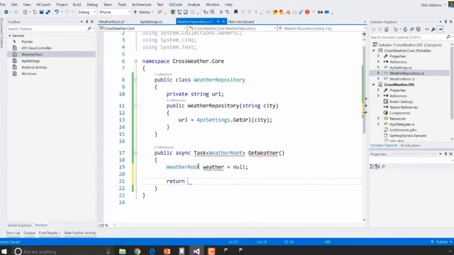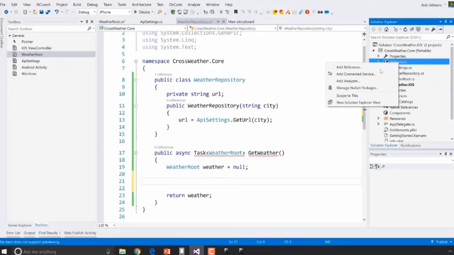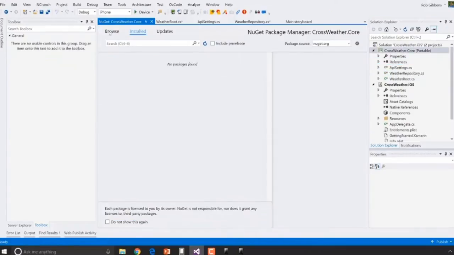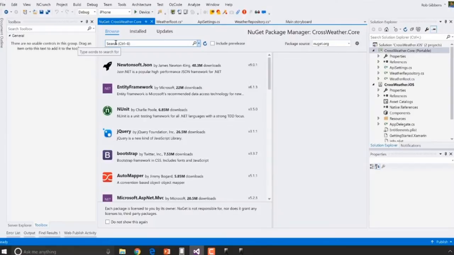So we'll create the variable to hold the data. And now we need to go out to the web service and download that JSON data. Because we're in a PCL right now, we'll need to add a NuGet package. And this is another example of the power of the ecosystem of Visual Studio and .NET, because there are a